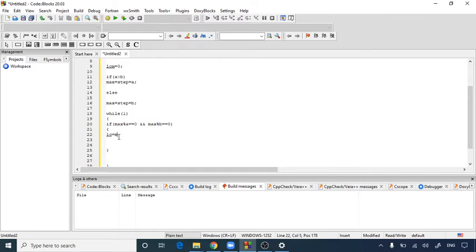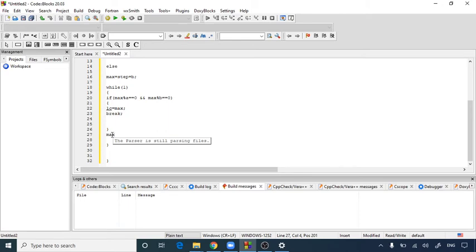Now here the LCM value will get changed to max, and then you have to break the while loop, as it is very important to provide a break statement. Otherwise, you have to go on to check the next iteration, that is max plus. So it will again check the next divisibility of max. So max plus equal to step, and then we are going to print the result using a printf statement.